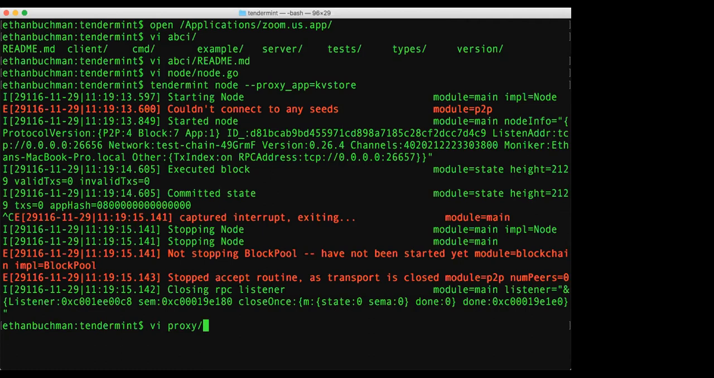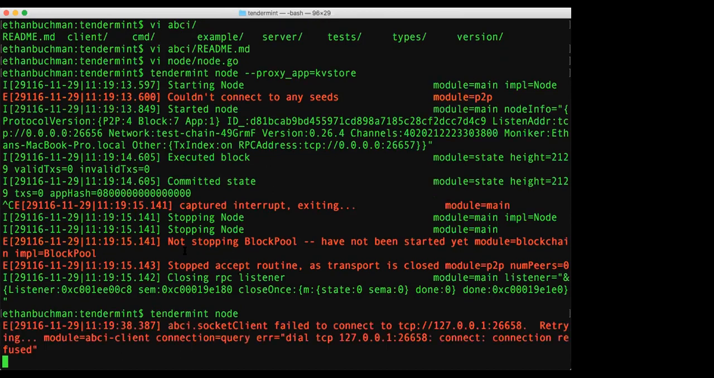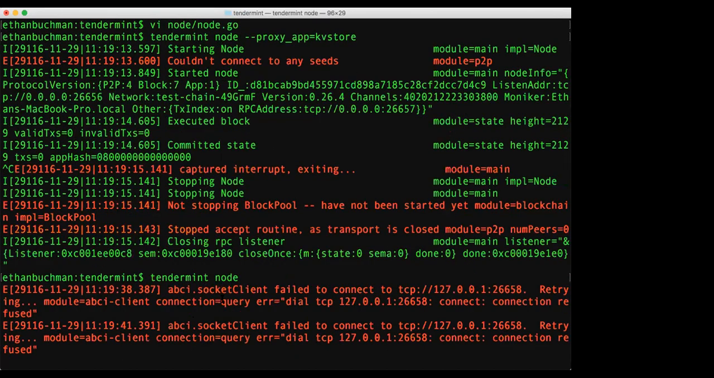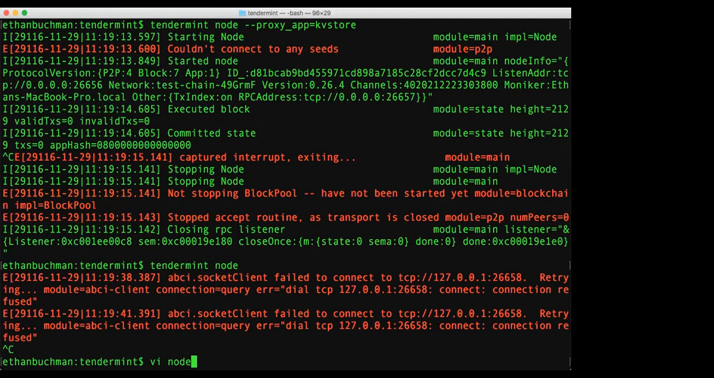So in typical Tendermint use, we establish an ABCI connection with the application where Tendermint acts as the client and the application acts as the server. So Tendermint dials out. And so if you just start Tendermint without anything here, you'll see it dialing, trying to connect on the ABCI socket. So if we go back into the node